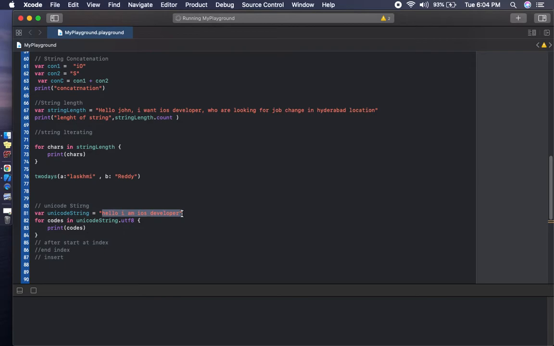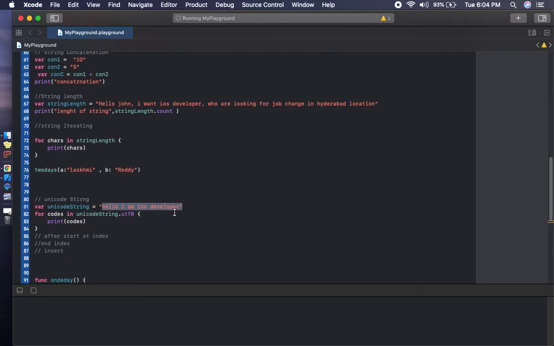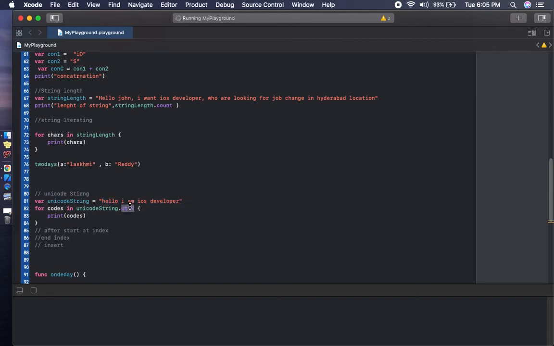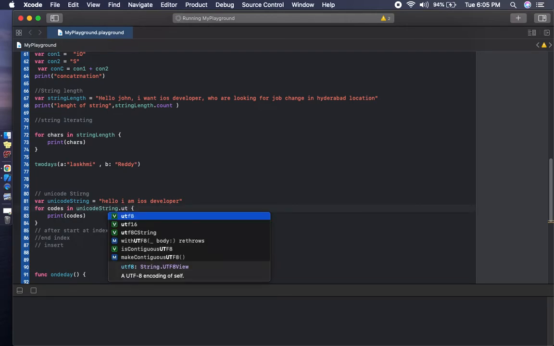UTF-8 and UTF-16 are there; basically I am using UTF-8 only. There are many encodings, and you can use a UTF-8 string.